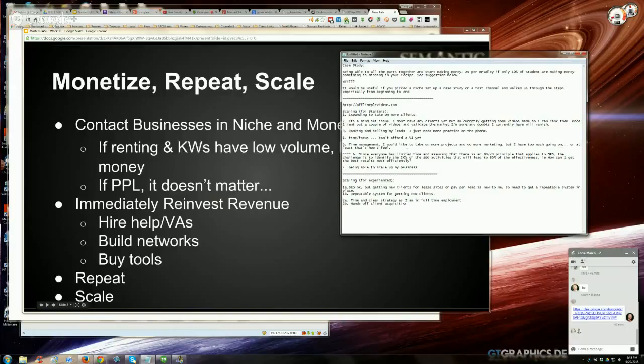Can't afford a VA yet. Well, again, if you can't afford a VA yet, then it means you're probably not making enough revenue. And if you're not making enough revenue, it's because there's something that is not right. There's something broken in your business that you need to fix. And that's probably, if there's not enough time and not enough revenue, it might be, and I don't know whoever posted this, I don't know what your specific situation is, but I know from my own experience and from a lot of students that I've counseled with, that a lot of the times you don't have the time because you're